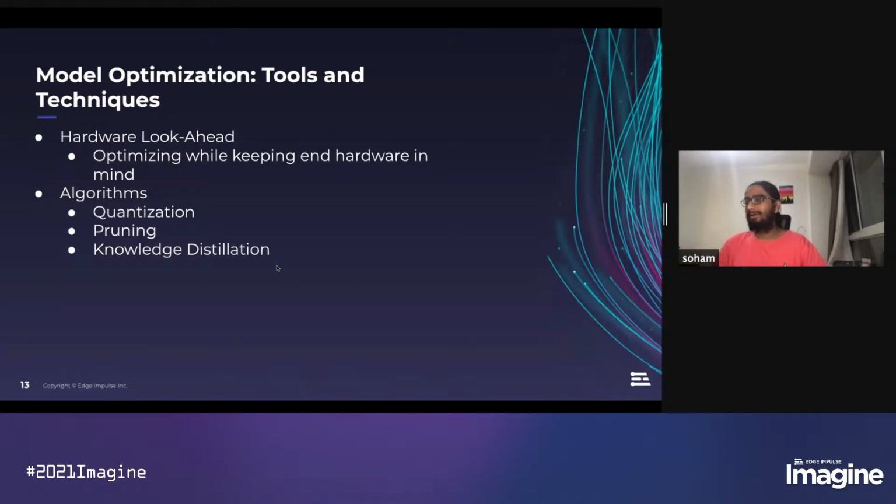There are also some tools that you can use for optimizing. For instance, TF Lite is probably the most commonly available tool. There's also Edge Impulse, right? OpenVINO is a tool that is supported by Intel devices, and if you're deploying to, let's say, a Neural Compute Stick, OpenVINO is the only tool that you can use for that. There's also ONNX, which is really good for